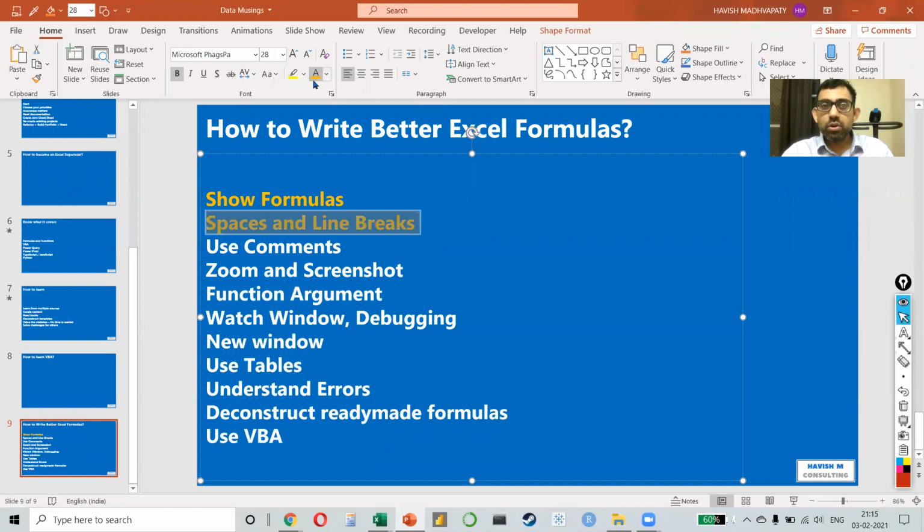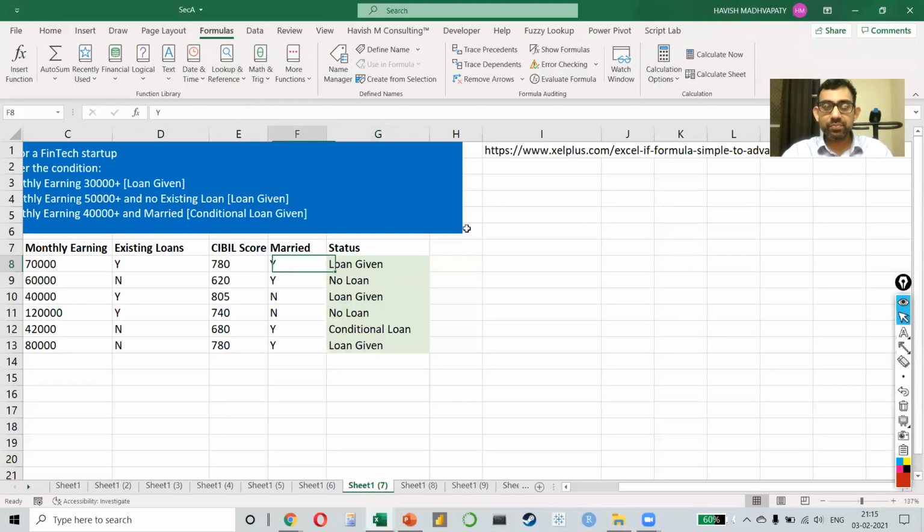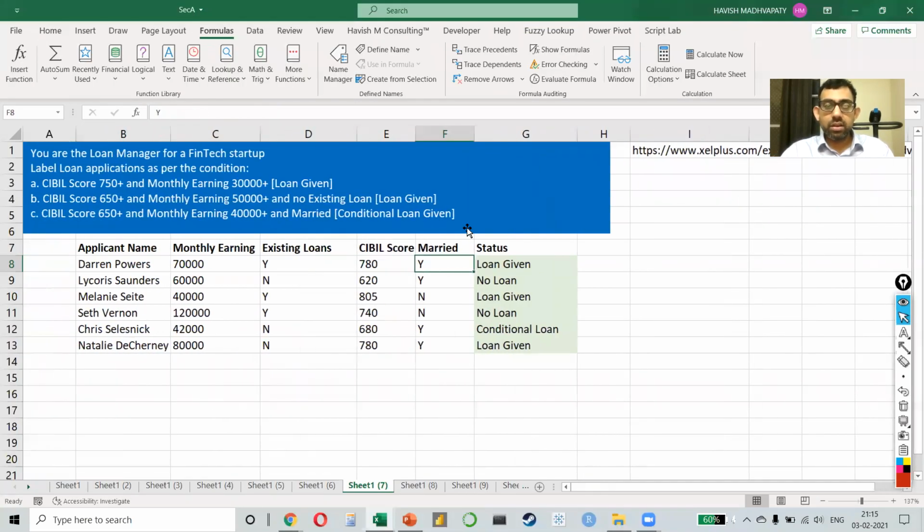The next very important thing I want to talk about is the use of spaces and line breaks. I have a different example for this. So here we have a problem statement where we want to understand that different applicants will get a loan or will not get a loan, or will get a conditional loan.